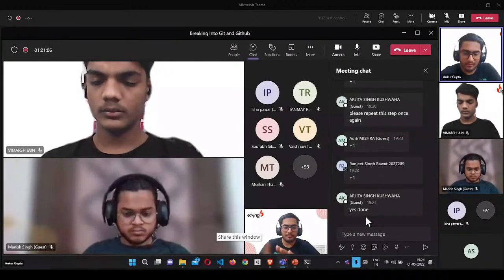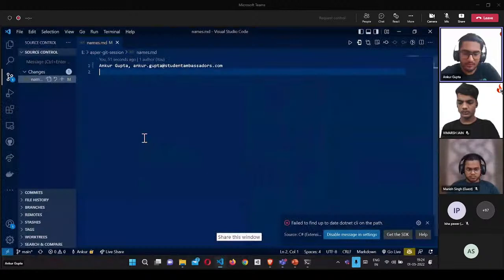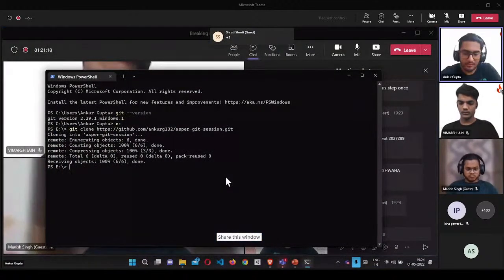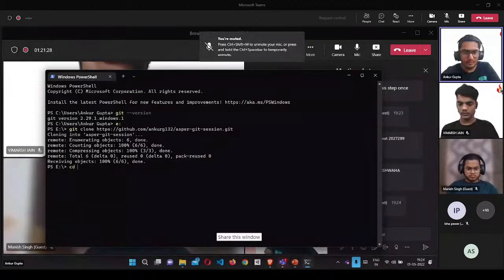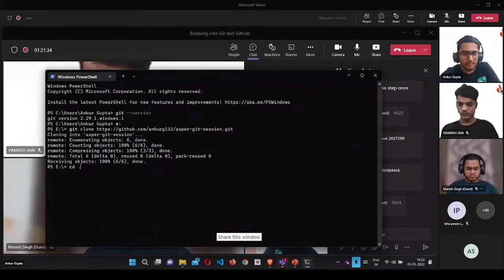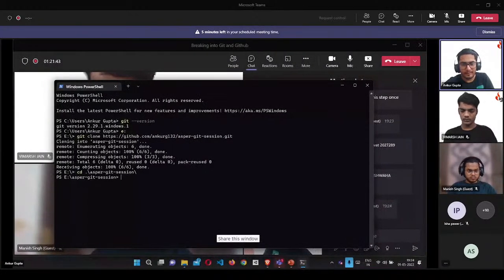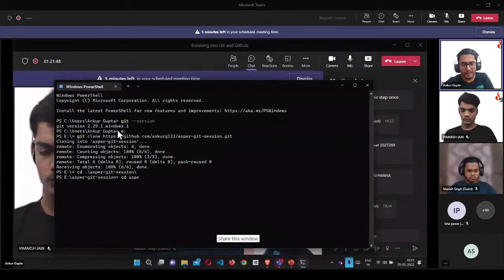Okay, so now I assume you have proceeded to now. Since you have made a contribution, what you need to do now is to add the changes in your Git repository. So to do so, first of all, let's move to the repository in which we have cloned. For that, you'll write in command prompt cd, that is change directory. It is a command prompt system. You'll write cd as per git session. If you have, you can also just write cd then as per and press the tab button. So in this way also